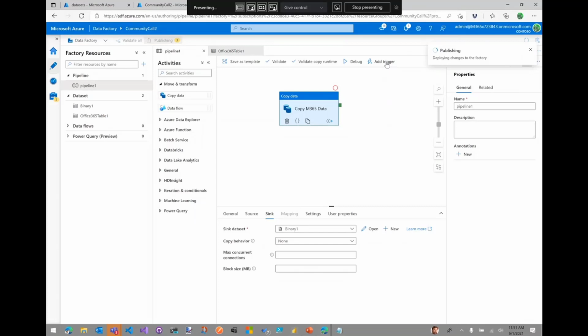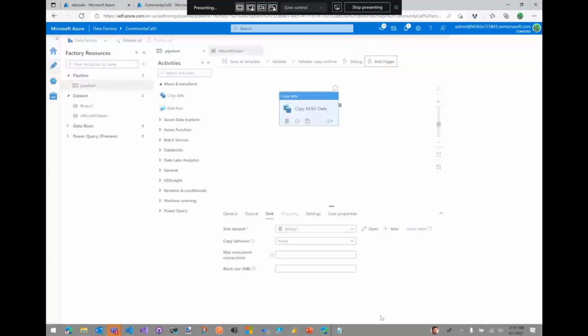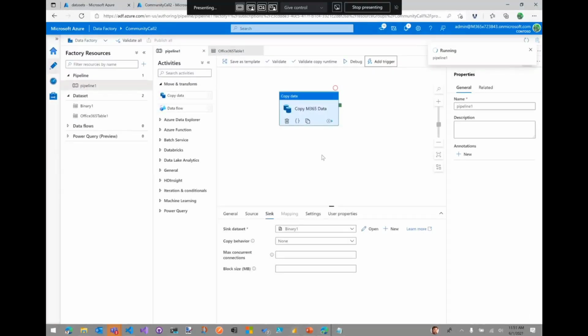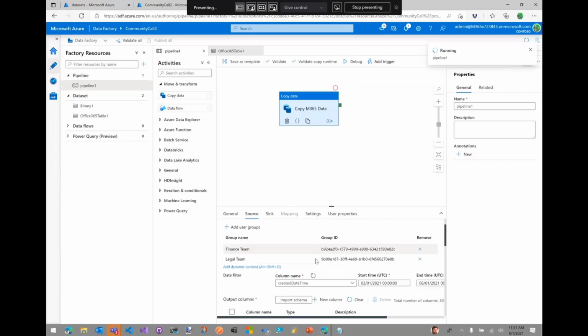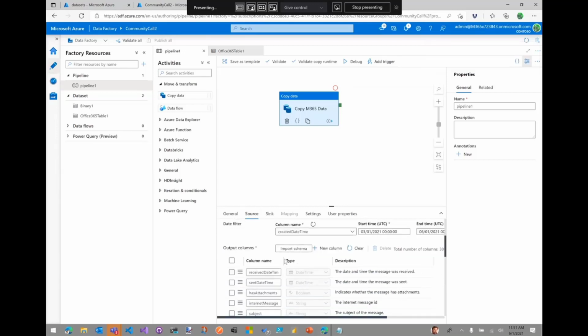What you can do is you can actually have scheduled triggers, right? So let's say you want to do an export every quarter or every week. You can have a scheduled trigger. You can have what we call tumbling windows, so every 3 hours. In my case, I'm just going to do a manual trigger, and that's going to go and officially send that contract, right? So that contract here where I'm saying I want to extract from these two groups, these fields